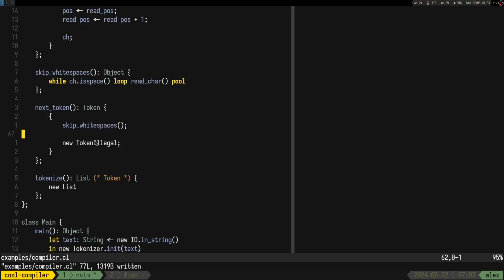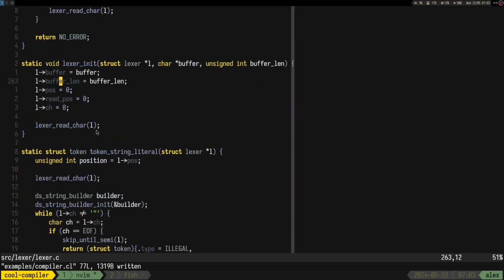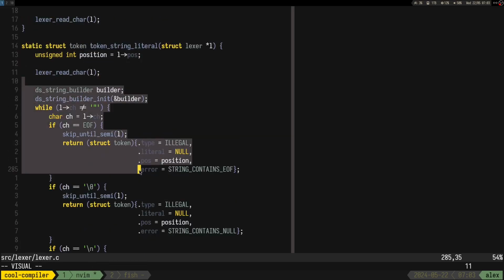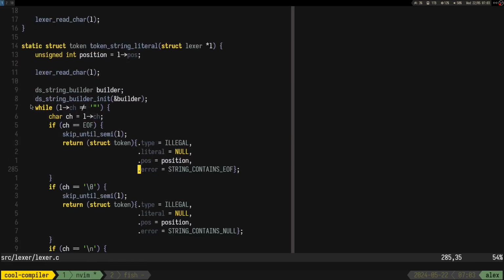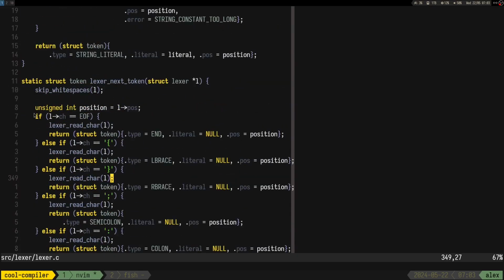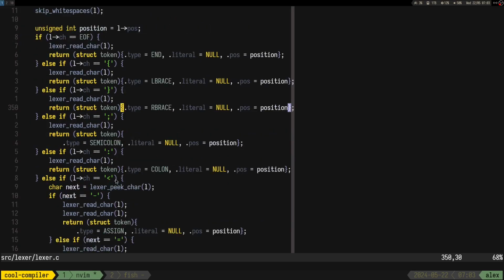Okay, so if we take a look at this thing, well, I guess it was next token. We are gonna need to check for stuff.